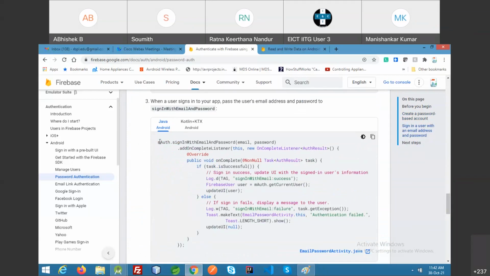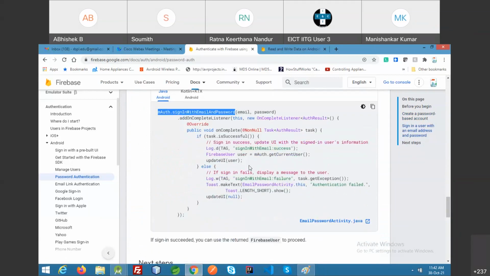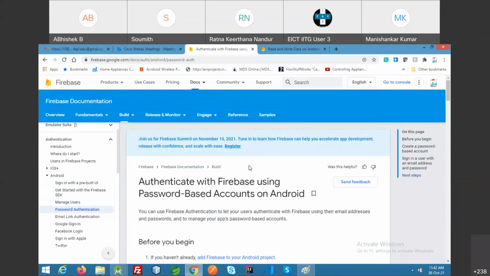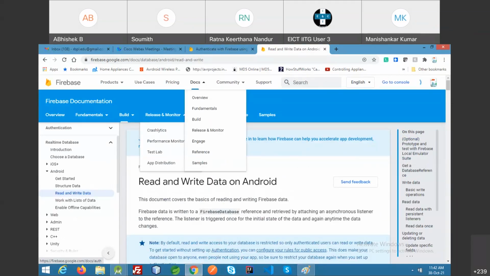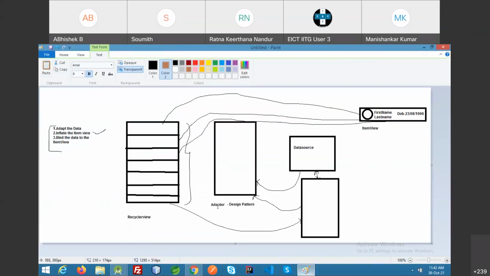And this is sign in. That was the create, and this is sign in. Clear? So that's it. Let me continue, guys. You again now take me. So this is our task.